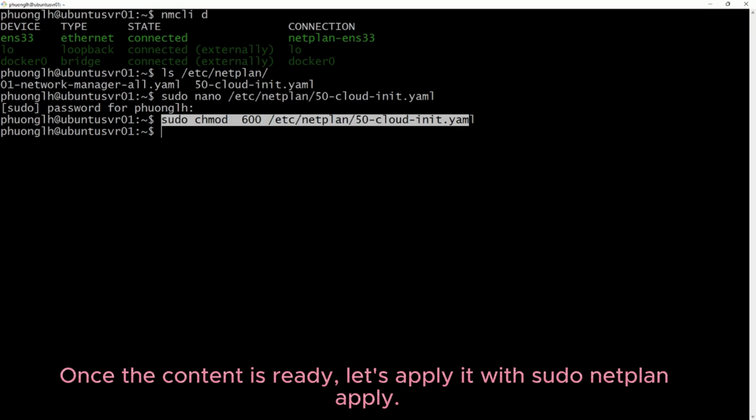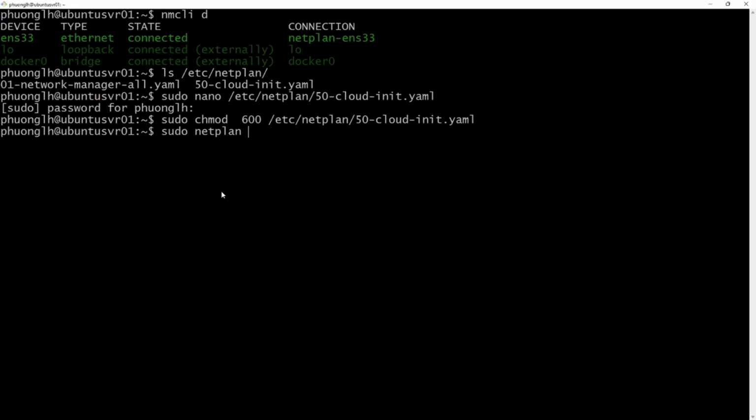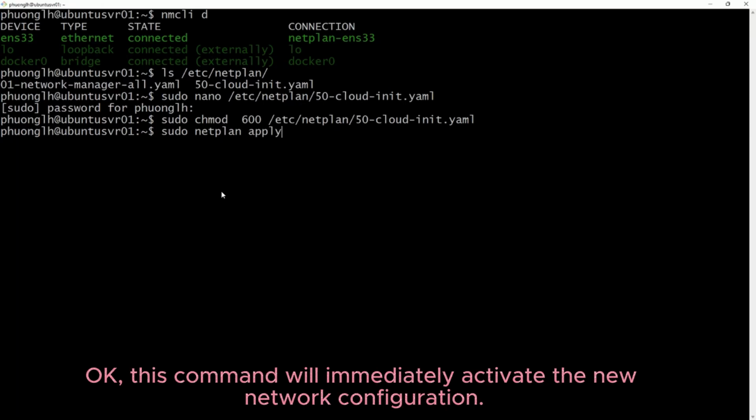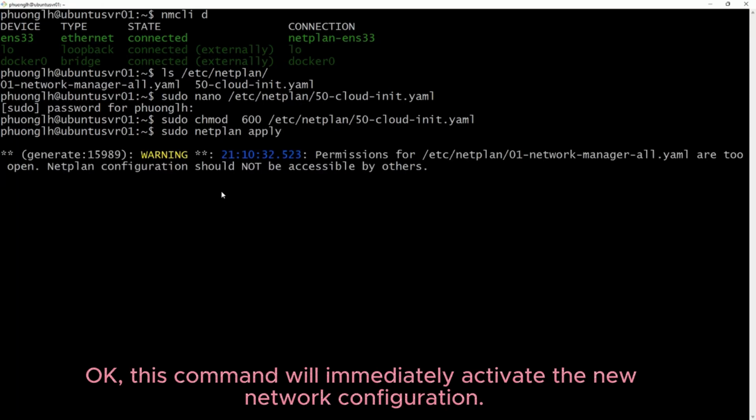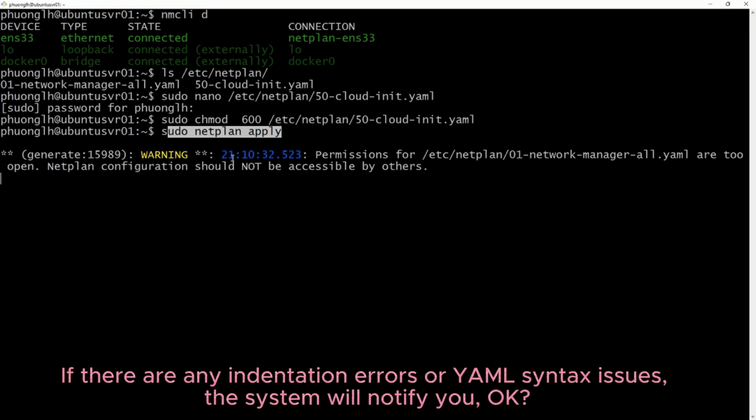Once the content is ready, let's apply it with sudo netplan apply. Okay, this command will immediately activate the new network configuration.